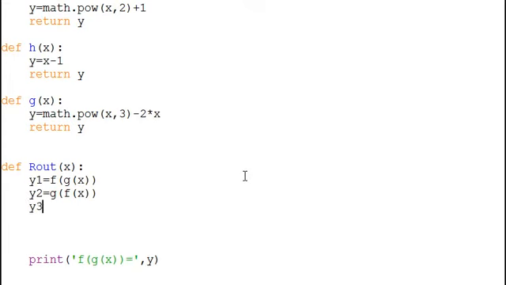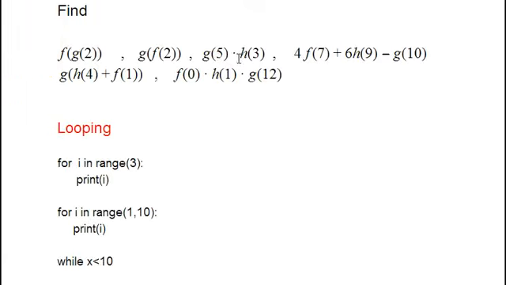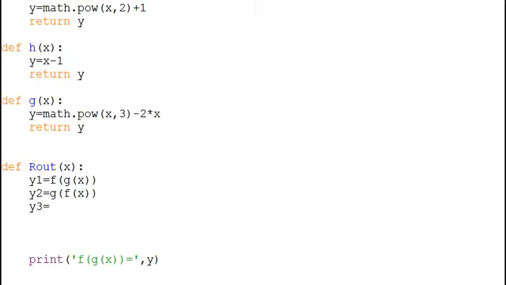And you know what, we'll just go through and do all these. Y3 is equal to, what was it equal to? G times h, remember that. So this is g of x times h of x,